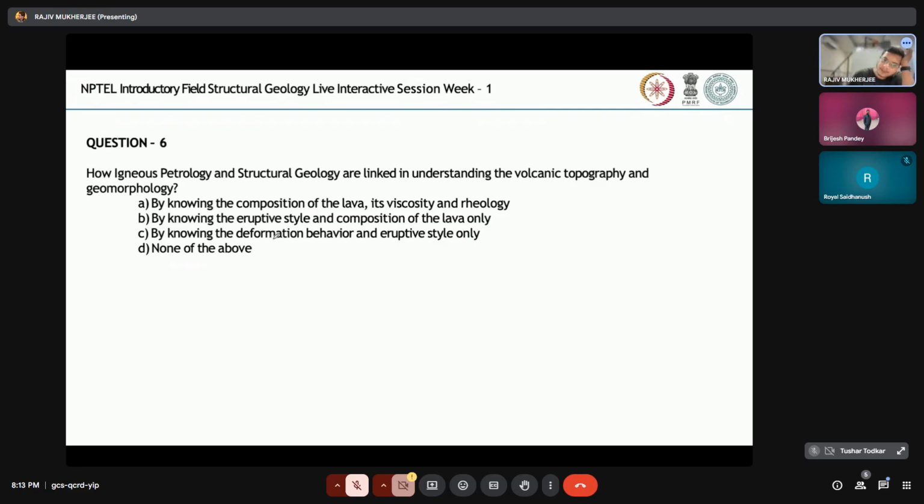Yeah, deformation behavior and eruptive style, but then eruptive style is dependent on the composition, right? That means fissure eruption mostly takes place for basaltic lavas,